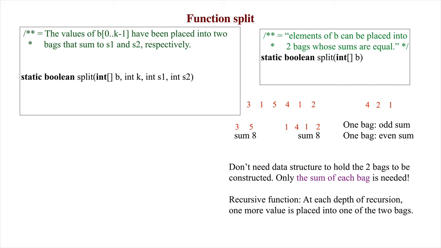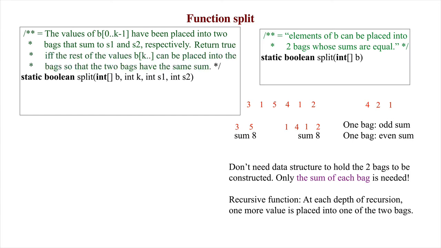Values in B from 0 through k-1 have been placed in the two bags, and their sums are in parameters S1 and S2. Return true if the rest of the array values starting at b[k] can be placed in the bags so that their sums are equal. Otherwise, return false. With the four-parameter method split specified, we can complete the original method split